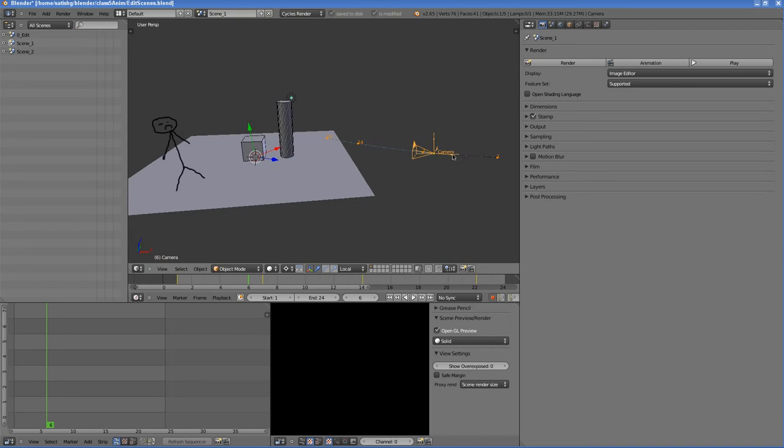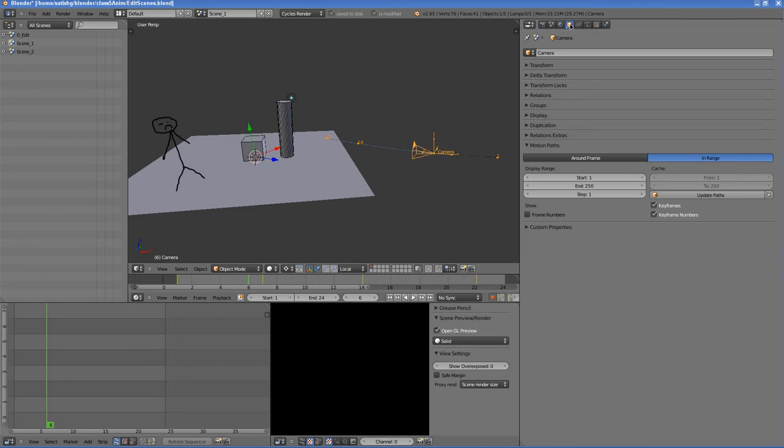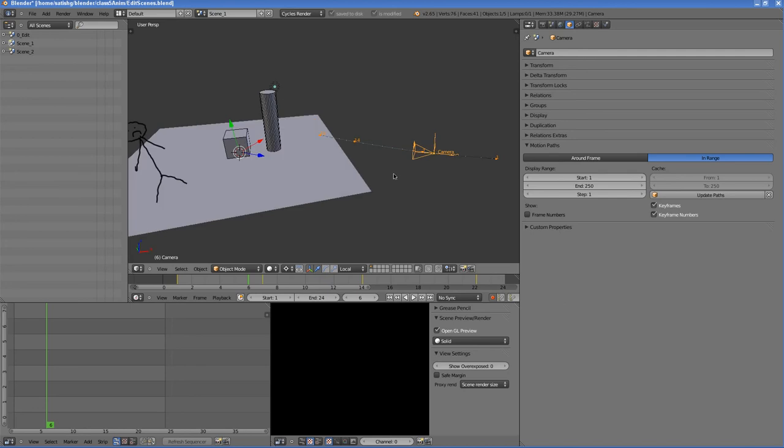So how do you display these motion paths? For that, let's go to the object properties context, and you'll notice I have calculated the motion paths. Let me remove them. So the motion paths are gone. If I click calculate, there you go, you can see the motion paths.